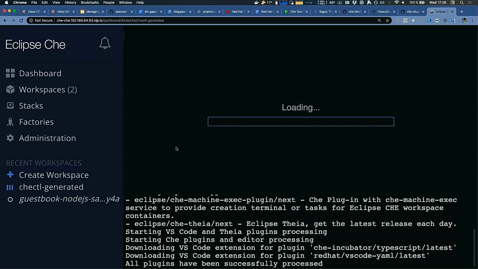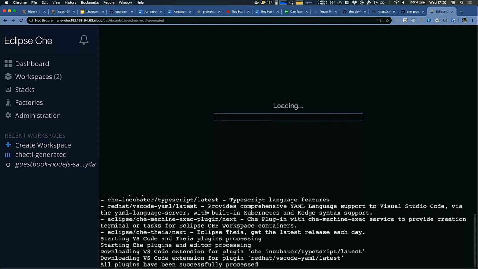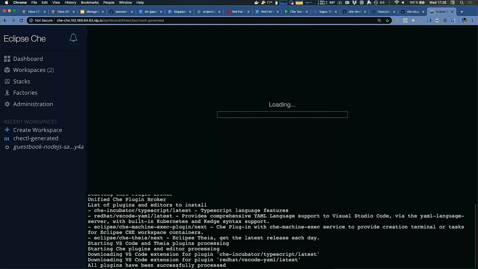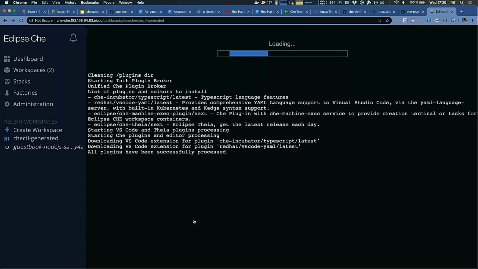So it starts to pull all the containers of the workspace. Once the containers are pulled, it will start them and get the source code mounted inside the workspace as well. Depending on whether you have all the containers already cached, it will take a bit of time. But it's part of the roadmap to make it faster on this part as well.